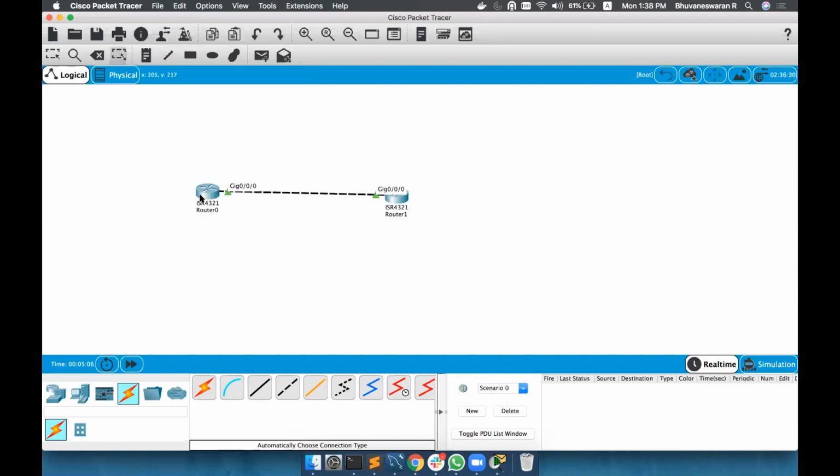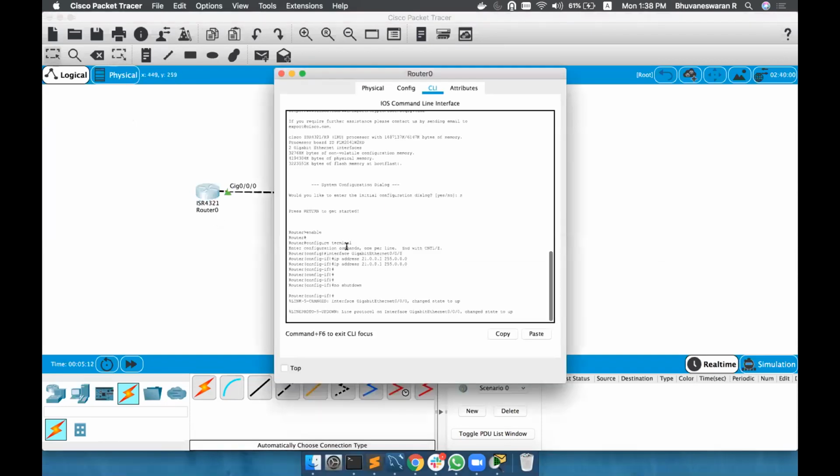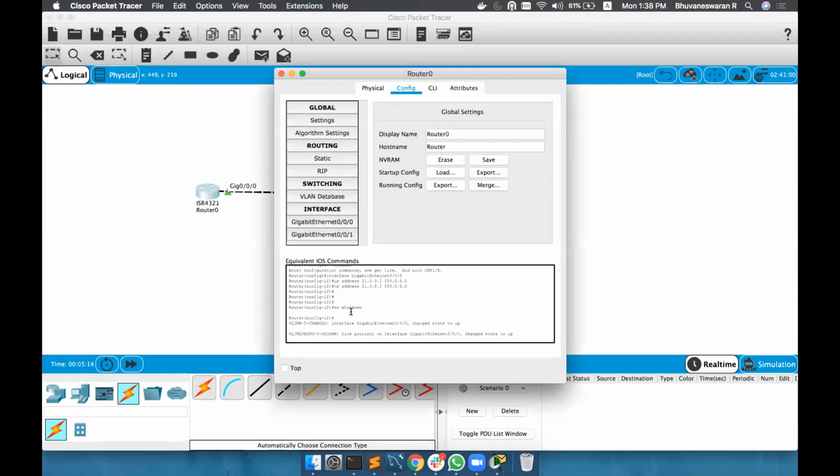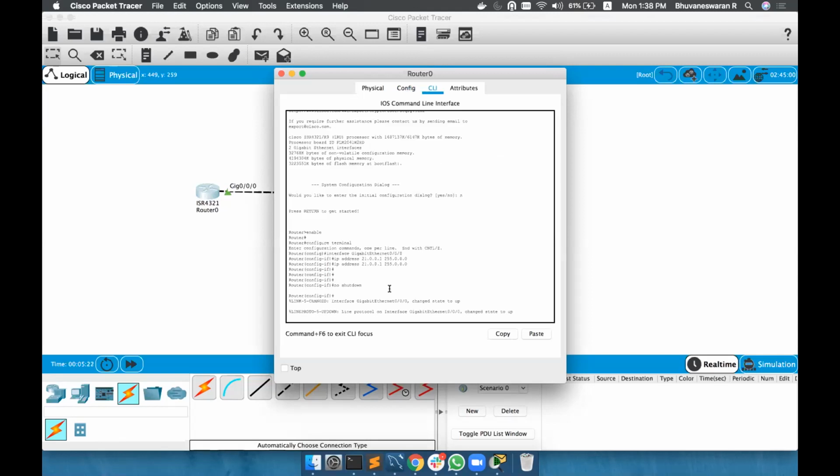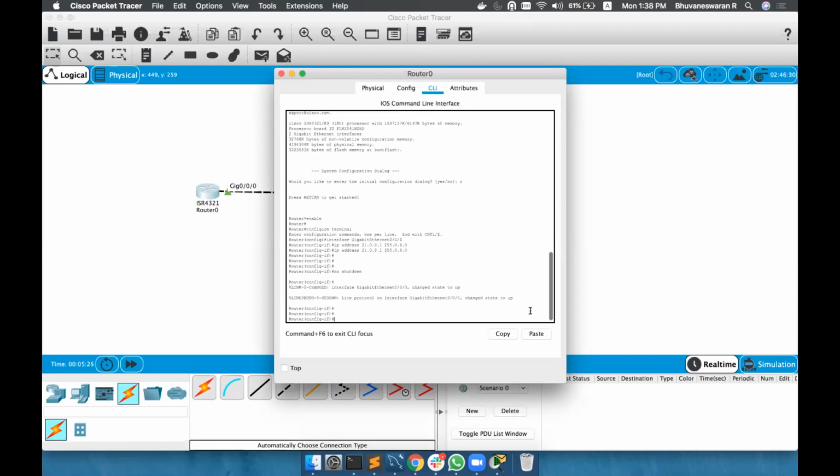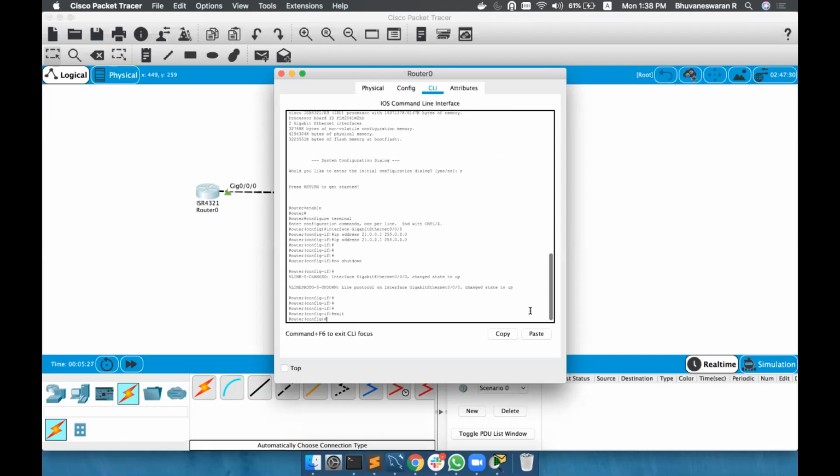Why is it not coming? Bro, from CLI mode, global configuration mode means do exit one time.